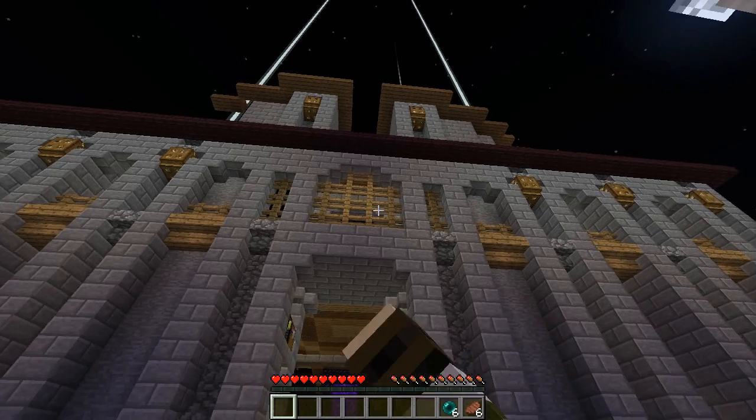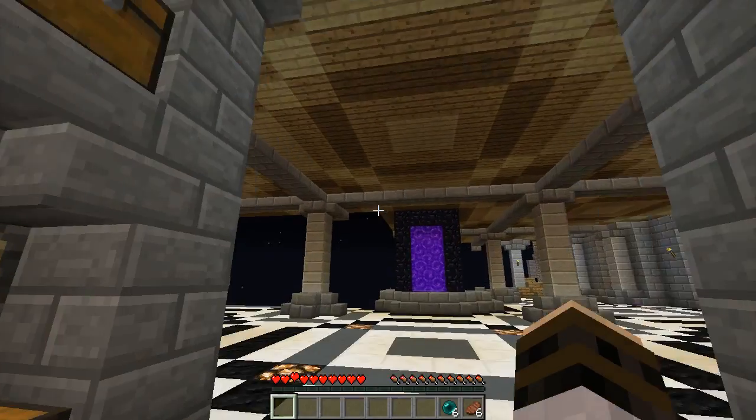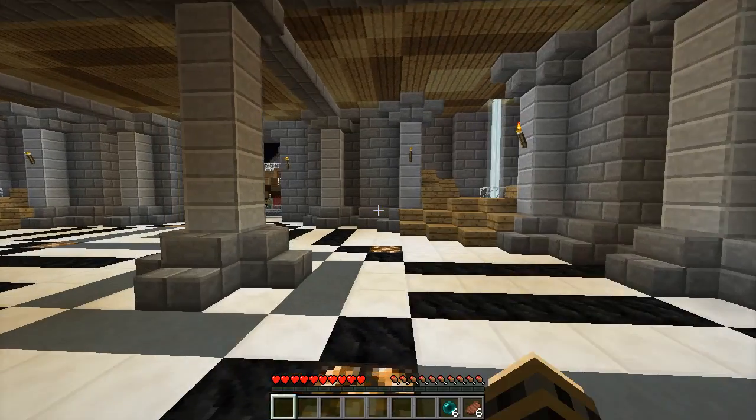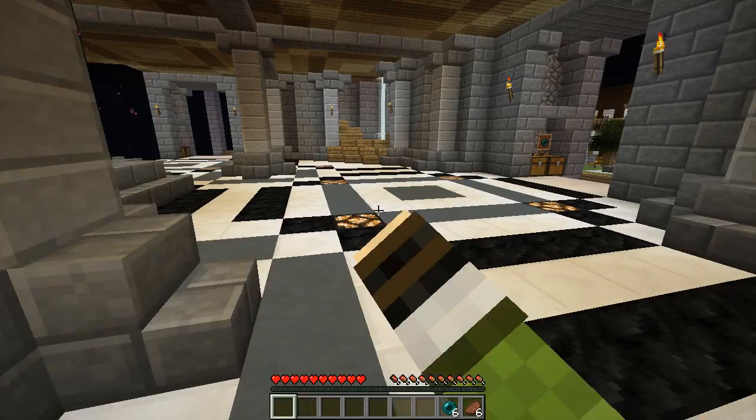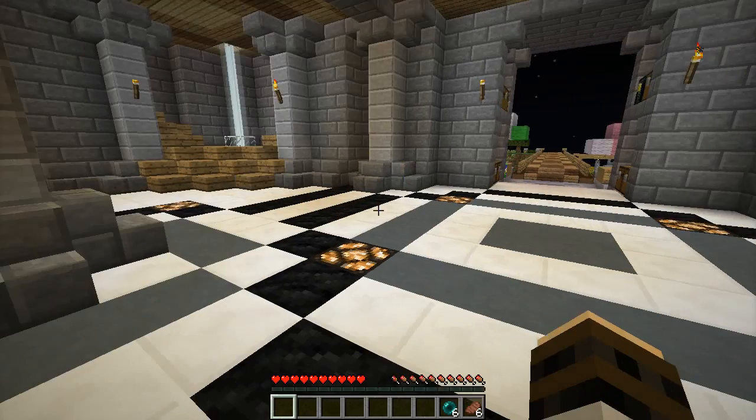This is the spawn building. I sort of glossed over it whenever I first spawned over here. But we've got beacons in the corners. This is an Allmock design. Very, very cool. One of the first things that was built on the server, and it was designed,